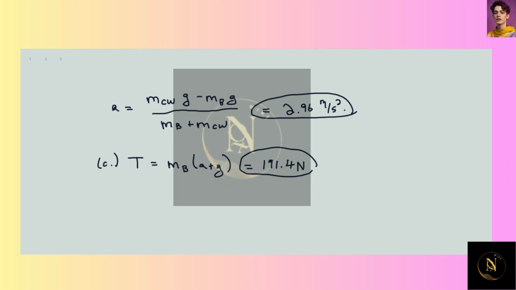The last part of this problem asks us how this tension compares with the weight of the bricks and the weight of the counterweight. So if you do weight of the bricks is equal to mass of the bricks times G, you get a value that's less than this. I didn't actually crunch the numbers there, but the mass of the bricks times the gravity will yield a number less than this. And the weight of the counterweight is the mass of the counterweight times G, and this will yield a value greater than this. And so the magnitude of the tension is in between the weight of the bricks and the weight of the counterweight. And that's the final